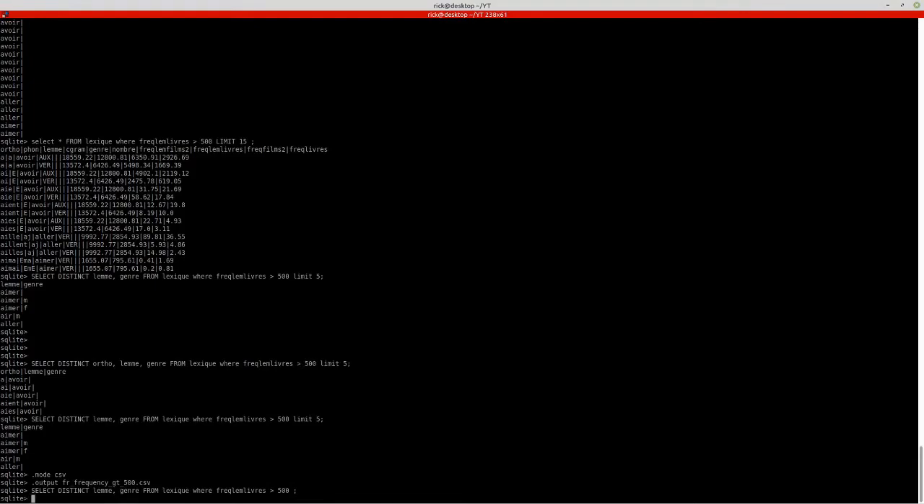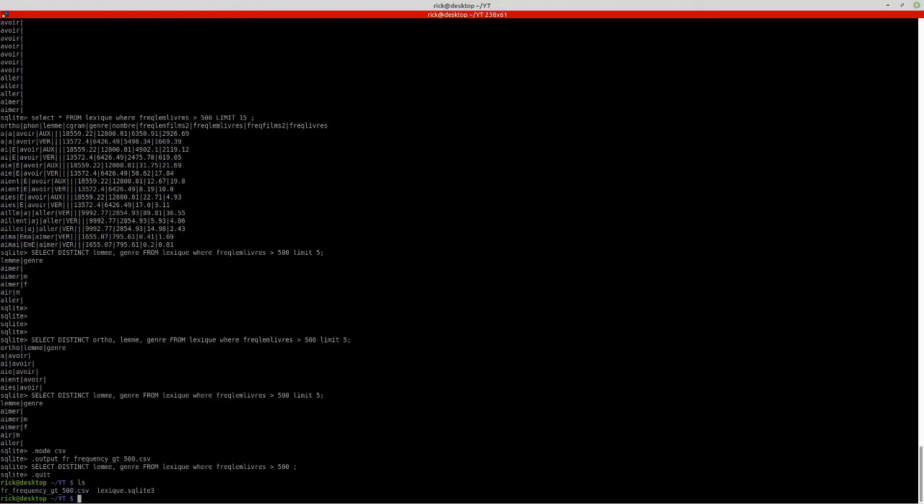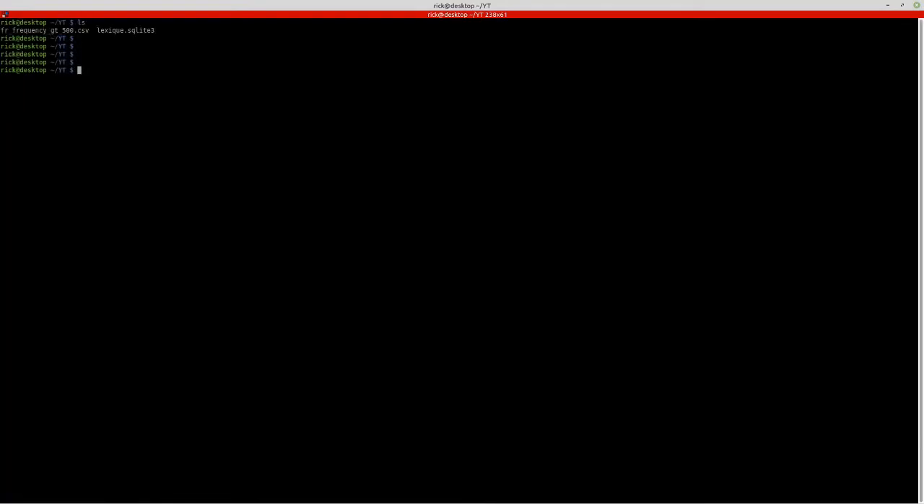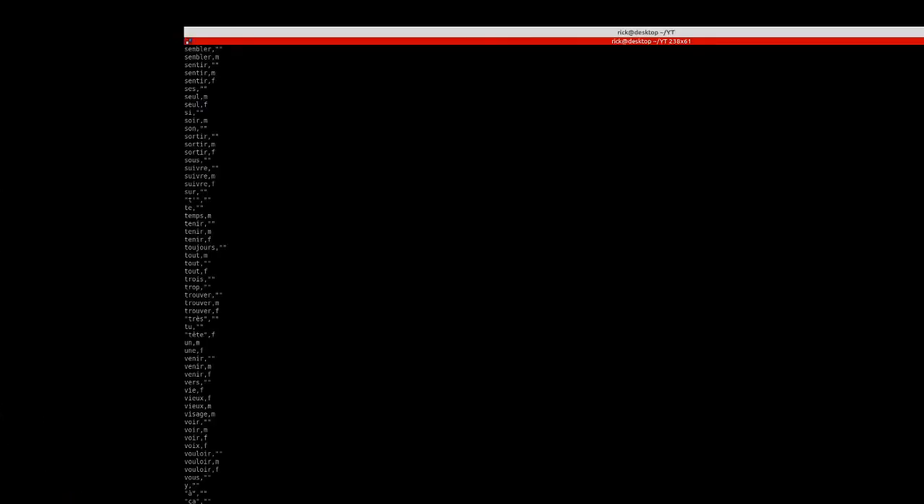Now in theory that's done, and to see we just type .quit and that will quit us out of SQLite, and we can see that it has created the file that I wanted. So if we just dump that file to the screen, you can see that it's output all of that as a CSV file. So we can look at it